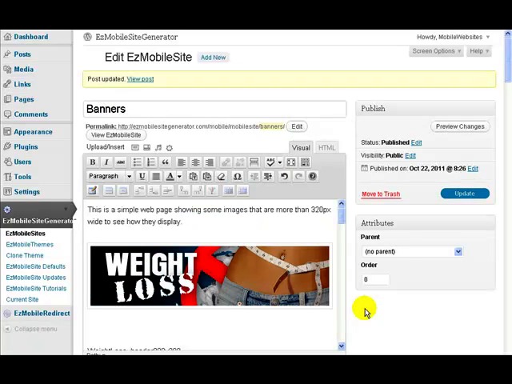In this video, I'm going to talk about using images in EzMobileSiteGenerator. In particular, images that are large so that they don't fit on the screen of a normal mobile telephone, and you want them scaled down so that they do fit on a mobile telephone. Now, EzMobileSiteGenerator can handle large images, but one thing you must consider when you're using images on your mobile sites